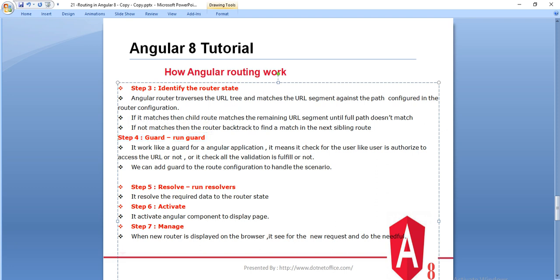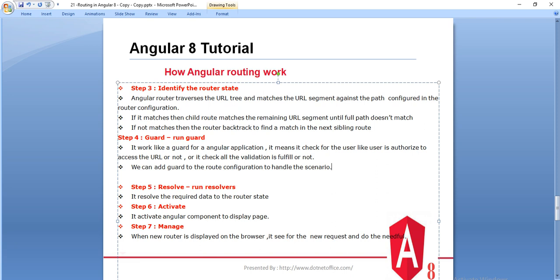Guard basically works like a guard in an Angular application. It checks whether the user who wants to navigate to a particular page is authorized for that URL or not. Apart from this, it checks validation, like whether the user has fulfilled all the validations I have given on the page. So we can add a guard to the route config to handle these kinds of scenarios.